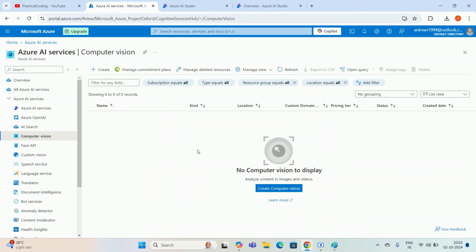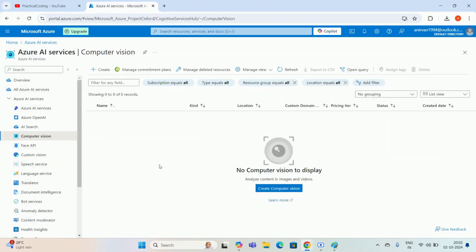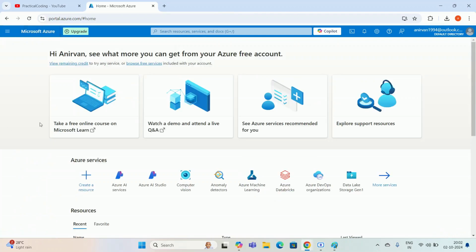It is always good to follow the official documentation. It's up to you. In this particular video, what I'm going to do is explore this. I'm closing these options. I'll simply try to explore and test some sample AI plus machine learning models if they have any, and then I'll decide whether I'm going to connect that particular model through my code base or not. For that, I'm going back to my home page. I'm starting from the beginning. So simply click here and come to the landing page, and I'm clicking on Azure AI Services.